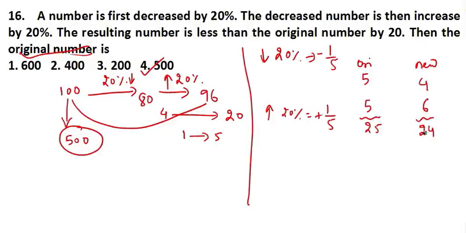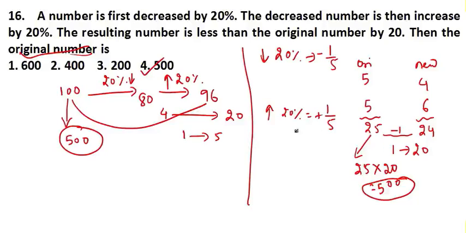From my original number I can see 1 got decreased, whereas in the question it stated that it should get decreased by 20. So if 1 represents 20, then my original number is 25. 25 into 20 means how much? Tell me. 25 into 2 is 50, so with the zero it will be 500. Okay, anyway, your fourth option is the right answer. This is another approach. So whatever approach comes handy for you, please use that approach.